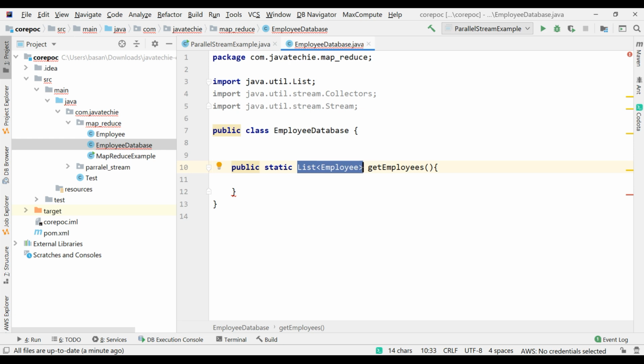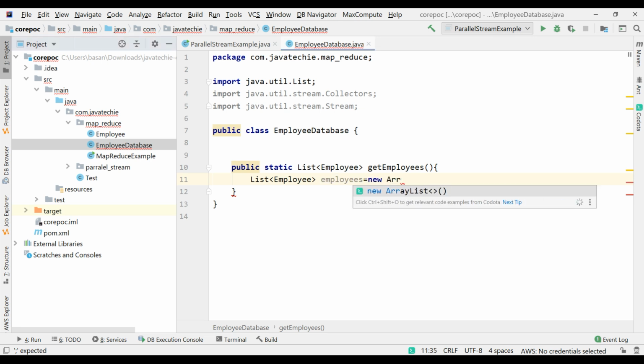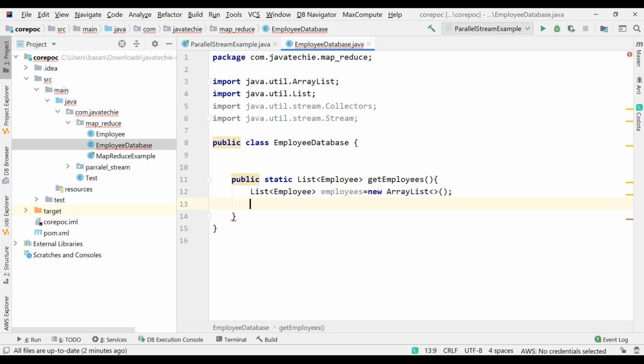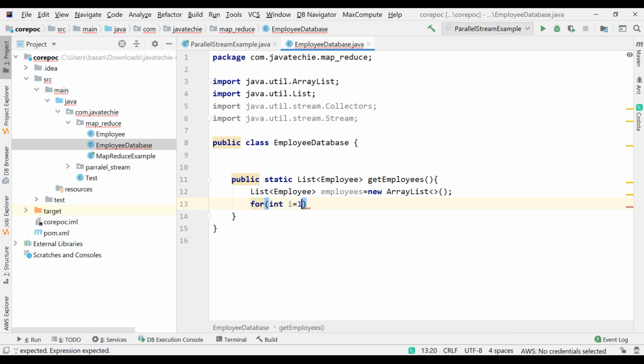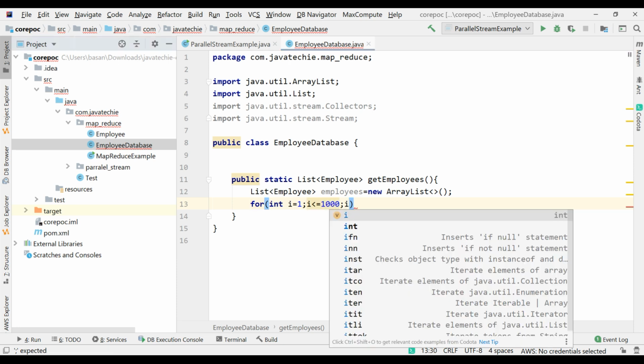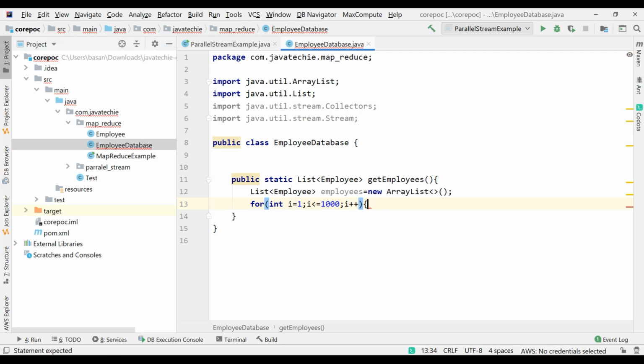Okay. So let me create a list employees equal to new ArrayList. Then a for loop, int i equal to 1, i less than or equal to 1000, i plus plus. Now inside this loop, I will create an employee object and then add it into the list.